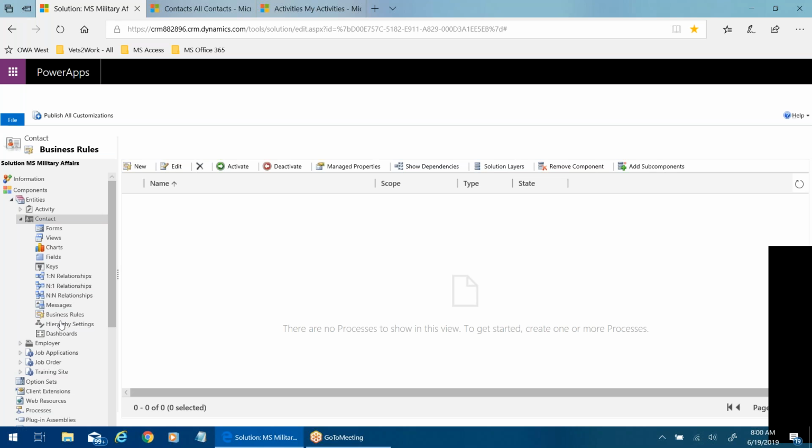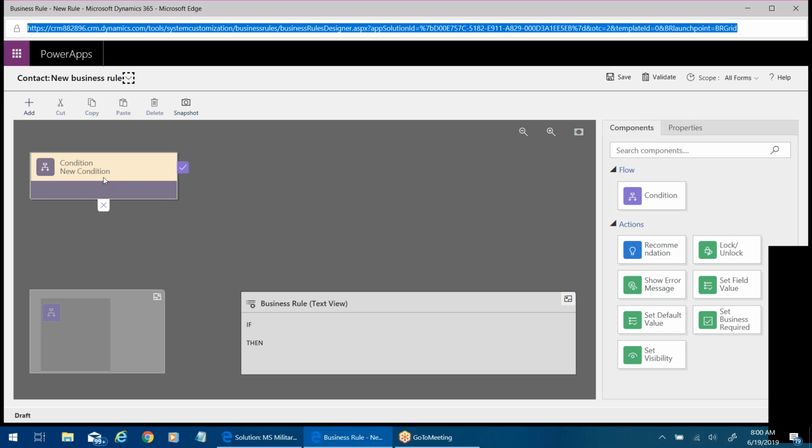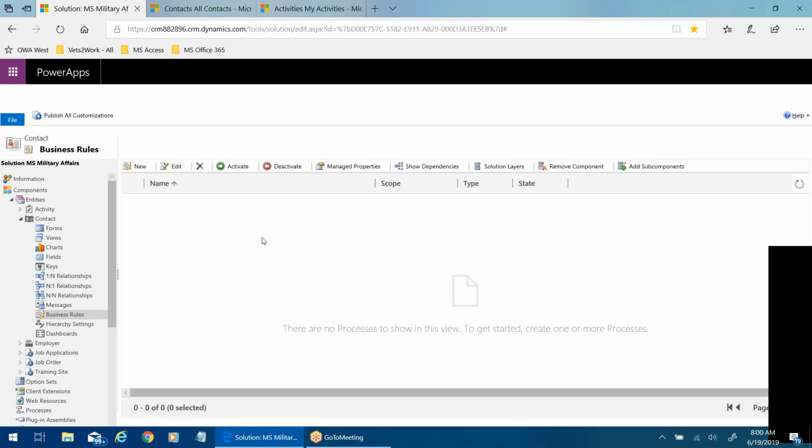Unless it's business rules, John. I'm looking at this business rules. This looks like something that we're probably going to have to use, because when I click new, it shows like a process flow, something that happens, and then if this, then do this, or if something else, do something else. But that's beyond me. I get it, John. I'm sorry I can't help any further. I was hoping you could incorporate that easy filter.